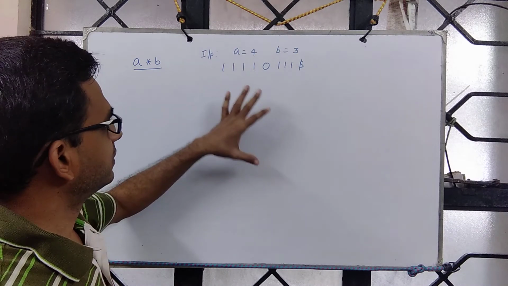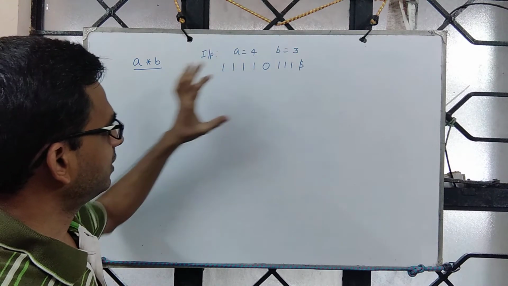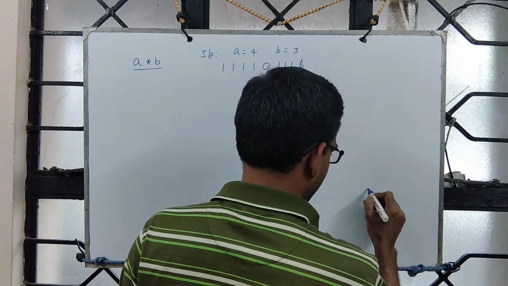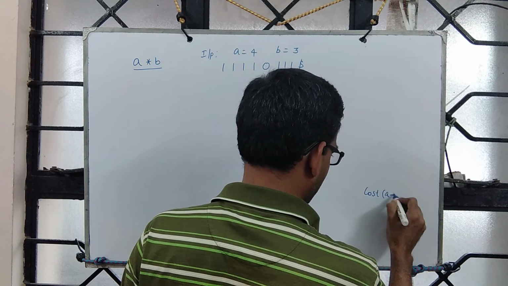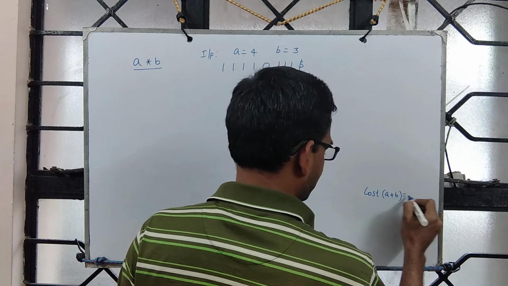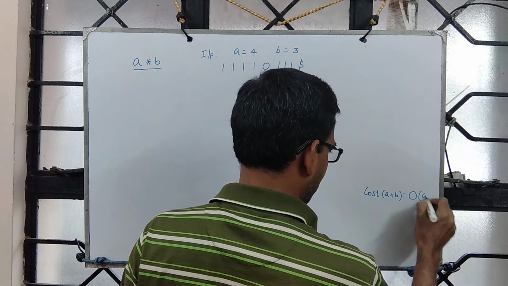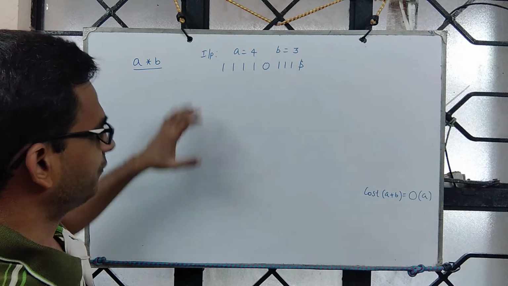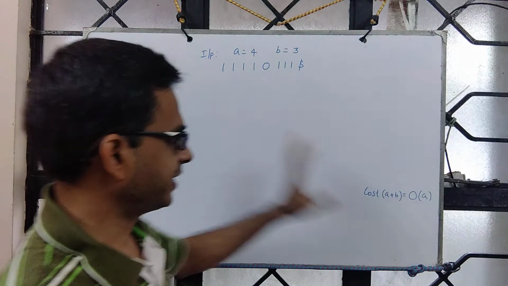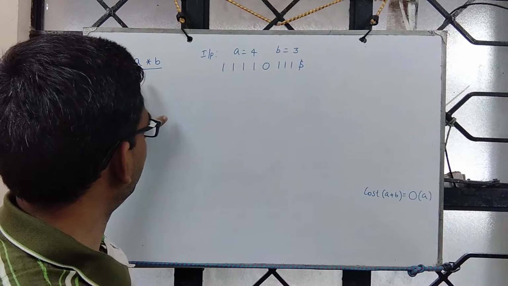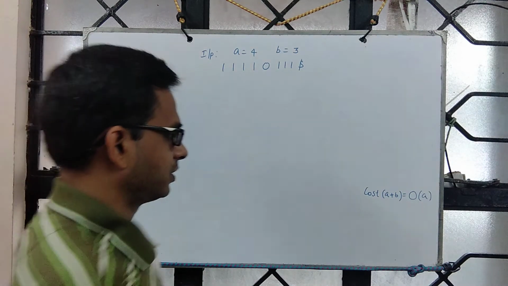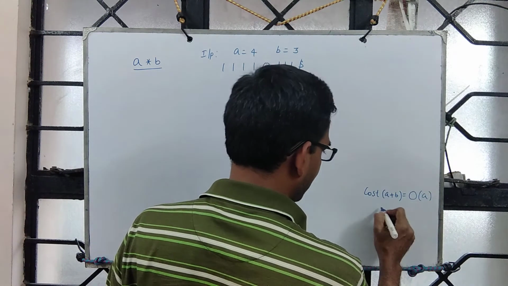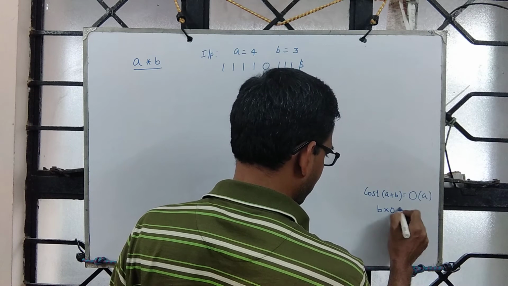So intuitively, if you see, multiplication is repeated addition. We know that cost of A plus B with respect to TM model is linear in input size, say order of A. Fine. And we may have to do this so many times. Something like A into B is adding A B times. So if you do a top level analysis, it may appear like I'm going to call this routine B times. So it is B into order of A.